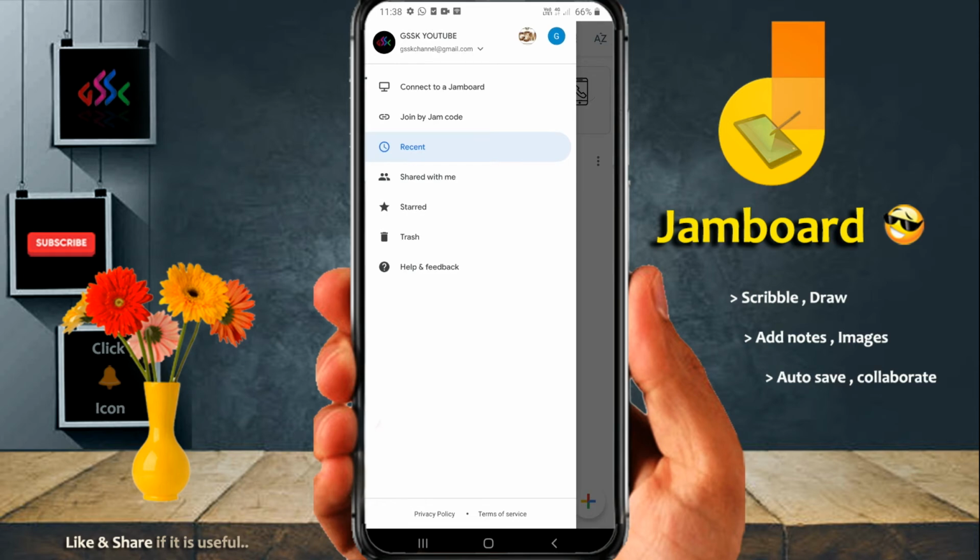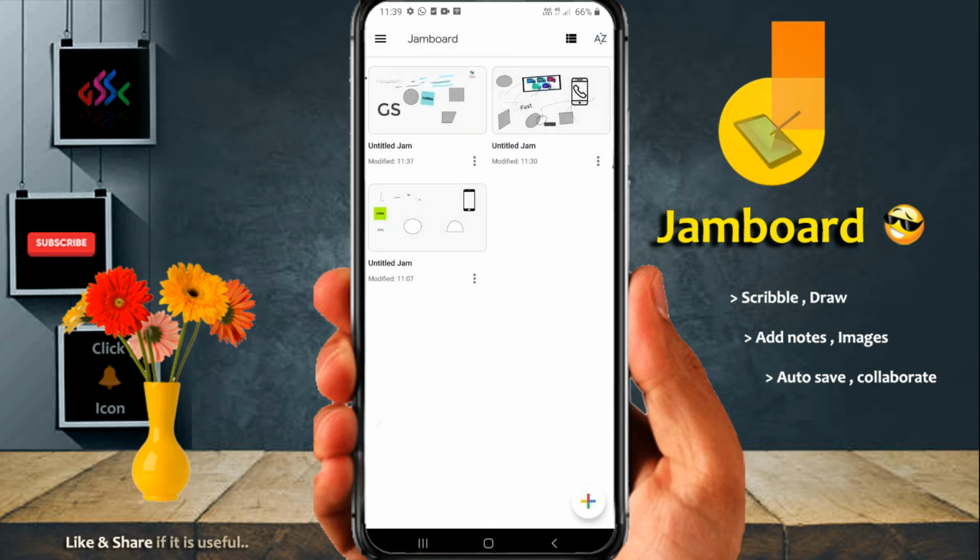And also, similar to Google Classroom, here also you may create a code for each and every board, you can collaborate like Google Classroom. But I suggest that if you are using Google Meet, just start the screen share, open this app, and you can easily use this as a whiteboard. And if you feel using fingers is not very good, you can always use an earbud as a stylus. You can watch my other video on how to use the earbud as a stylus. I provided the link in the description and also in the card above the screen.